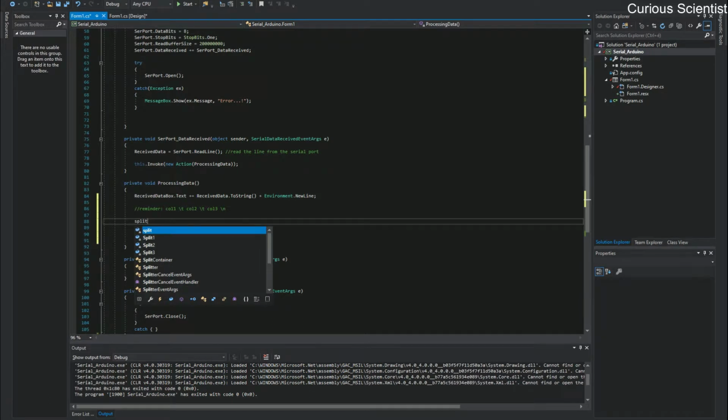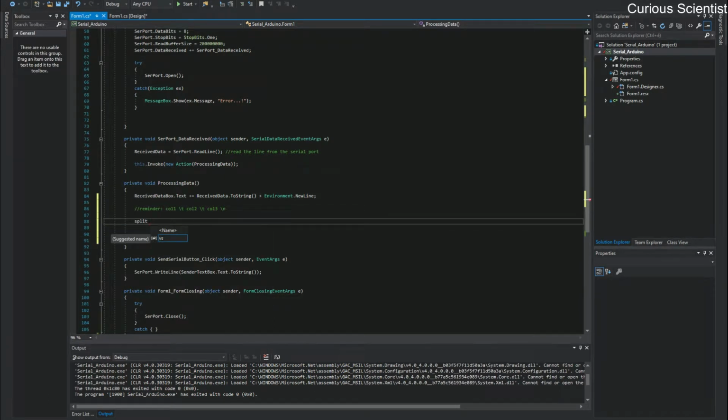So we have this split, which is a string array. So then we want to split up the received data. So we can do like this. And here in the parentheses we can describe what kind of separator we want to split by. And here we split the data by, or separated by tabs. So in the split string we will have these 3 numbers,